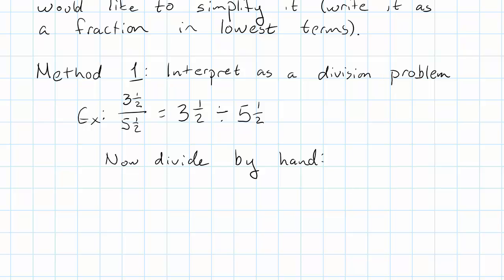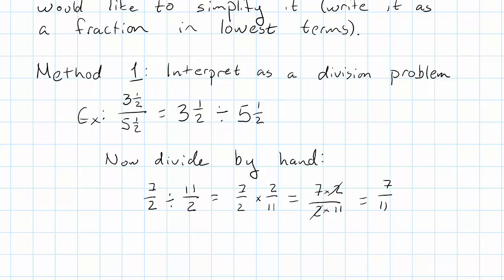To do that, we need to make each mixed number into an improper fraction. 3.5 is 7/2. 5.5 is 11/2. Rewrite it as multiplication, 7/2 times 2/11. Multiply the numerators and the denominators. Cancel common factors, and we get